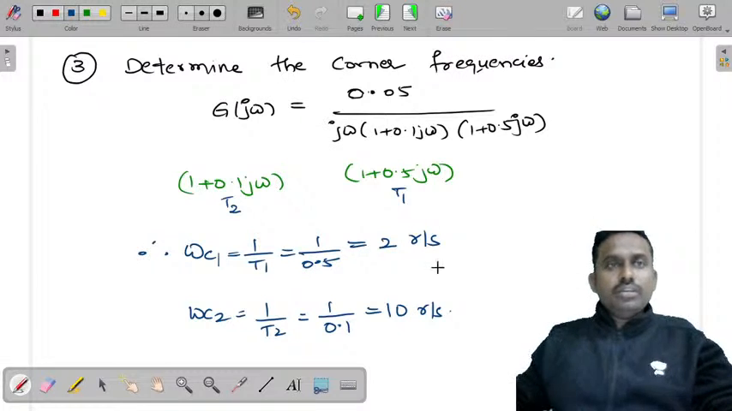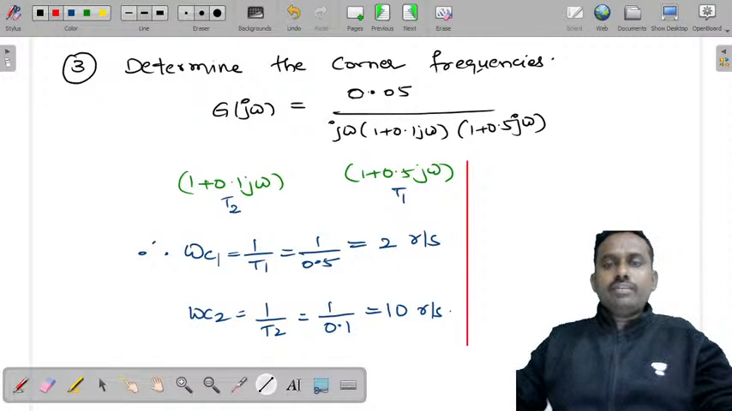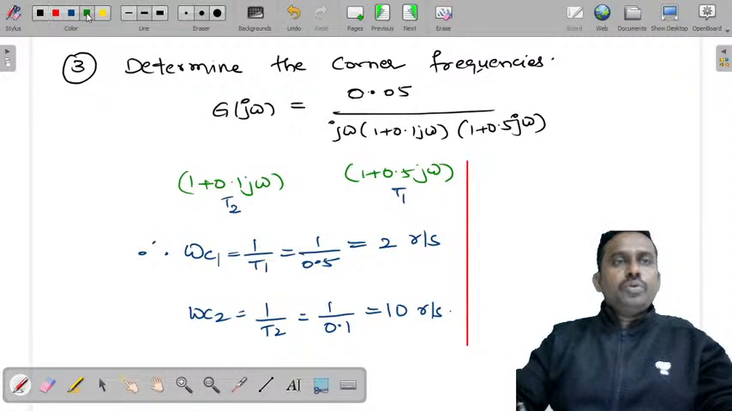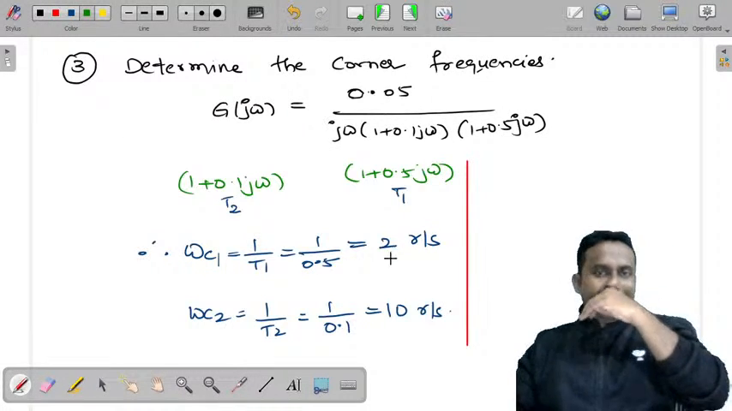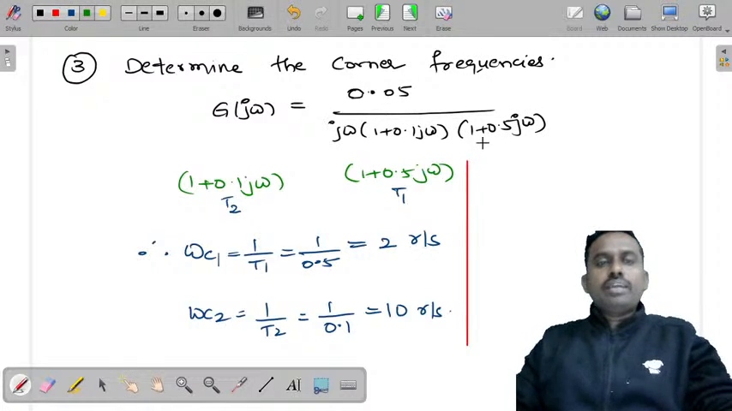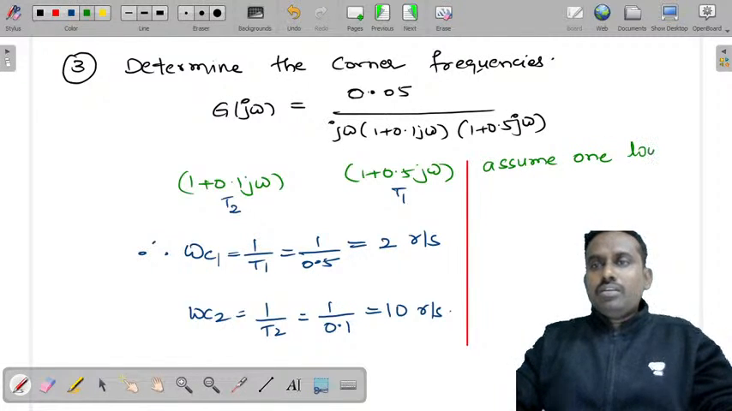Clear? Now we have determined corner frequencies, and in this third step there is one more important thing that you have to remember: assume one lower and one higher corner frequency. You can assume it 1 by 10 times of this, or you can assume any other value. So assume one lower frequency and one higher frequency,